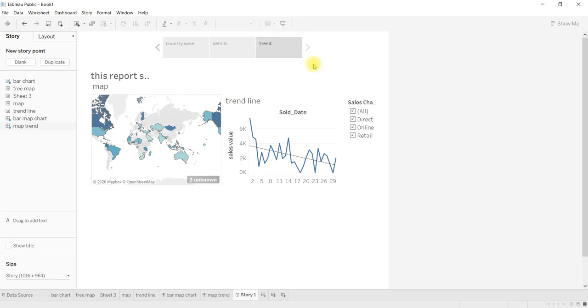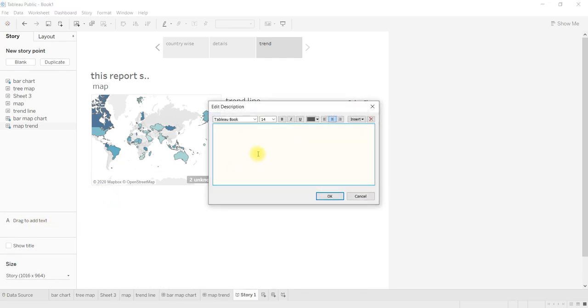Then if you would like to add some text, to give some description, you have to drag text, and you can keep writing whatever you like about your story. Then you can format it using this.